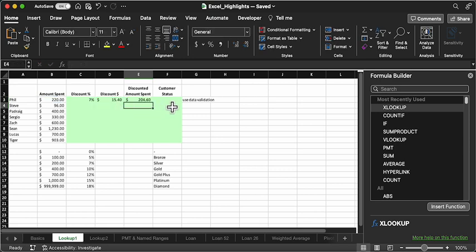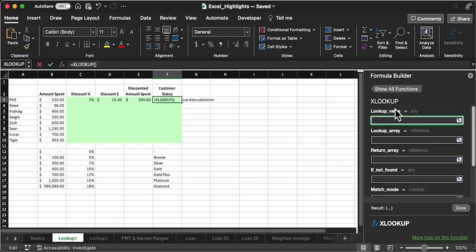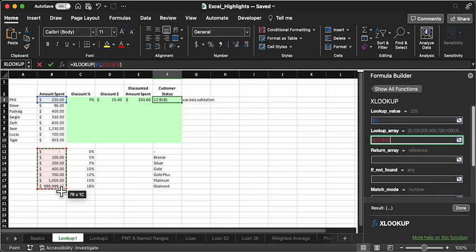giving me that amount. And now I'm over here under customer status, and again it's an XLOOKUP, so I'm going to insert that function. Again, I'm going to use 220, the amount spent, as my lookup value. I'm going to look it up in the same range that I did previously, and I need to make that an absolute, so I press function F4,